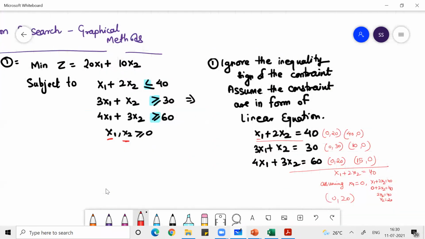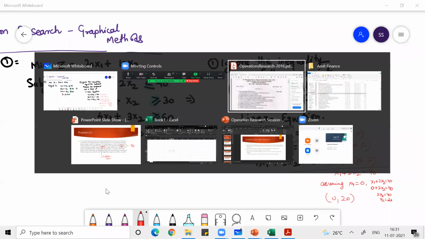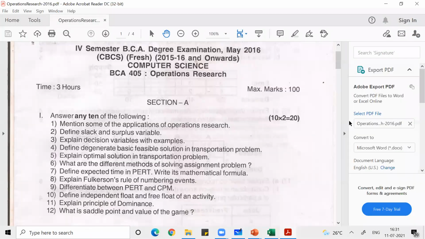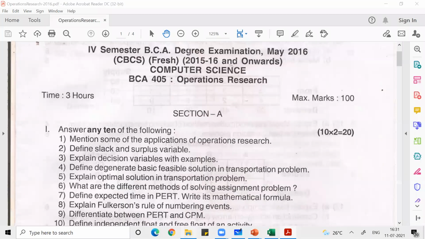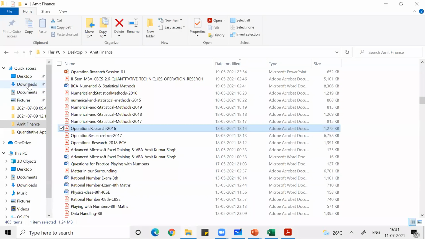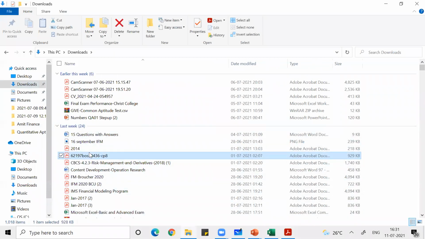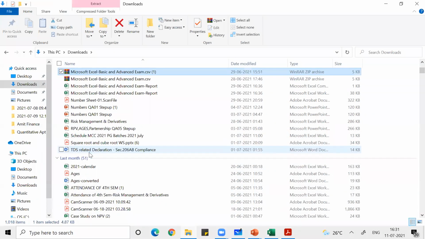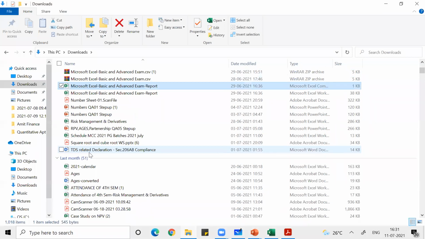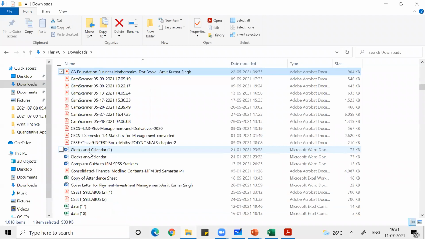Till now, whatever the equation, 100% this is coming for your exam, guys, 100%. I'll show you the BCA paper, and I'll show you the MCA, MBA paper. One minute. MBA, they normally ask simplex more. But don't worry, I'll do it for all. One minute, let me show the MBA paper.